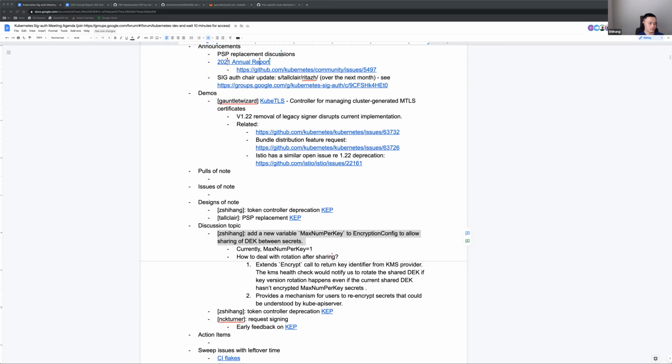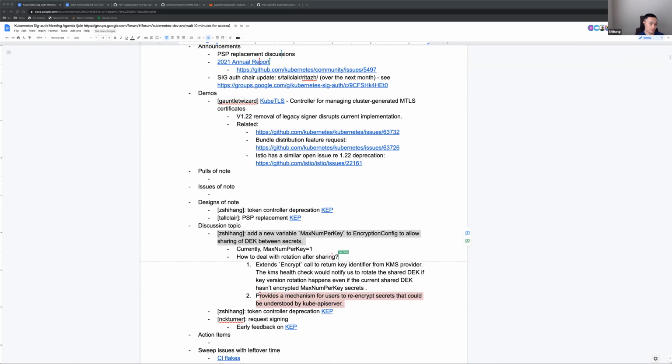So the first event is the user initiating that key rotation, and then between the first event and the second one, they can use the second mechanism here to notify the kube-apiserver to basically refresh the DEK,